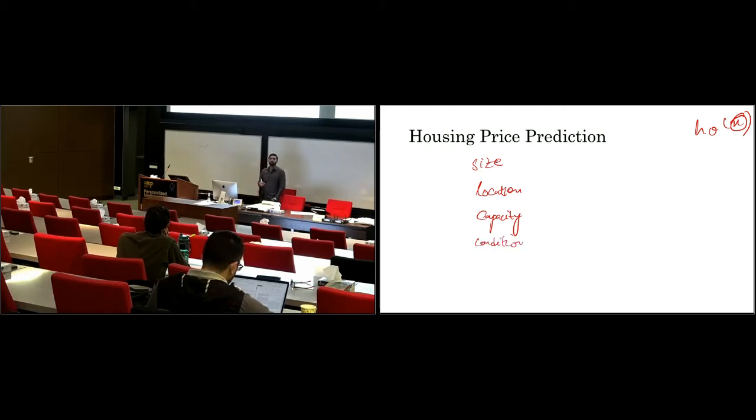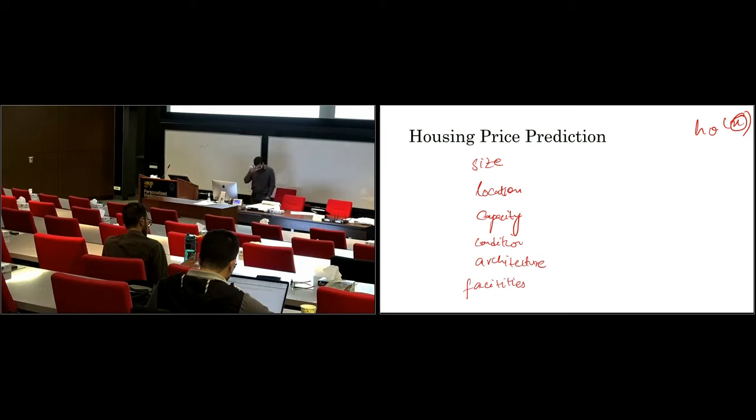Anything else? Okay. Architecture, I'll call it. I'll combine it. And I use another one, let's say, which is facilities. What are the facilities or amenities available around? Facilities. Okay. So now you have 1, 2, 3, 4, 5, 6 variables, and the function that we are trying